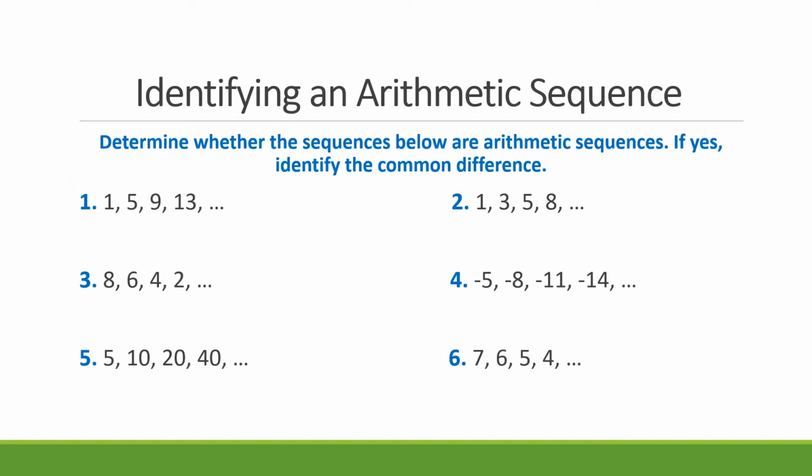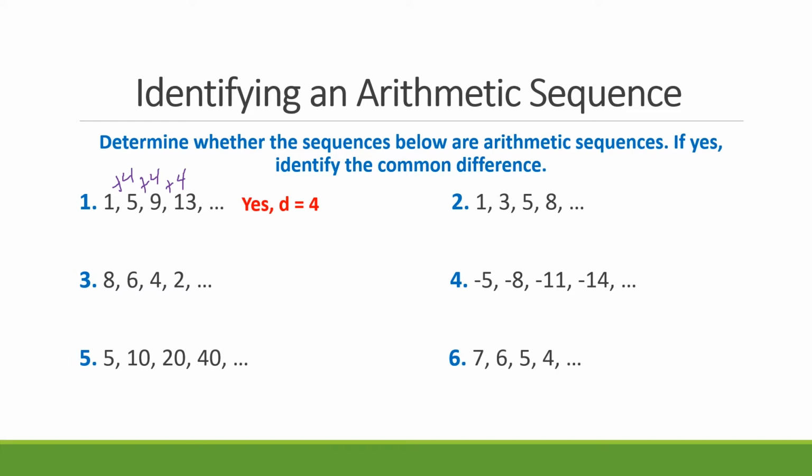So now let's take a look at these 6 problems here. We want to determine whether these sequences are arithmetic sequences, and if it is, we want to identify the common difference. So we're looking at number 1. We notice from 1 to 5 we're adding 4, 5 to 9 adding 4, 9 to 13 we're adding 4. So since we're adding the same number, it is an arithmetic sequence, and our common difference is 4